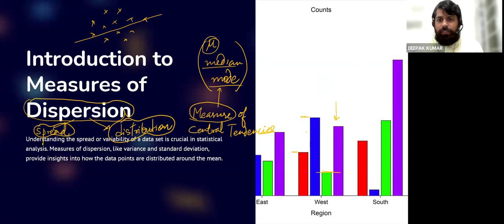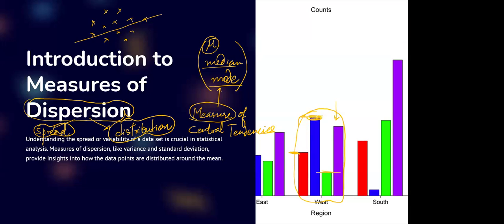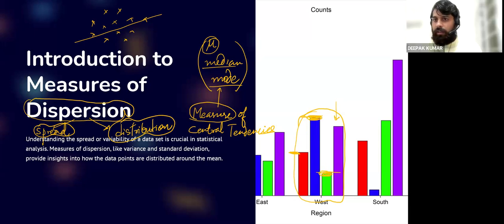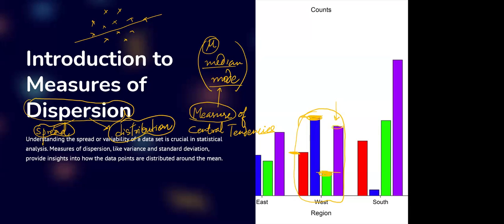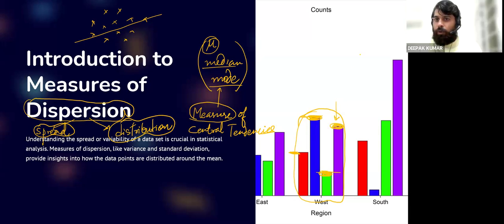Great. So if this is the situation, what you are supposed to see is that this is the distribution for the west region of a country or say of a state, consider anything, but this is saying that for my west region, such analysis or such a dispersion is to this level. Highest dispersion is given by the blue bar, lowest dispersion is given by the green bar, and the second highest dispersion is given by the